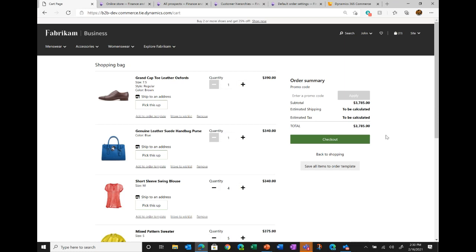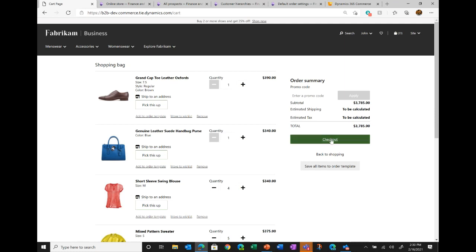So you can add products to a template from the product details page. You can also add products to a template from the cart page. So probably what happened is, as I'm browsing, I'm adding products to my cart. When I looked at the cart, I think, this is a combination of products that I will keep ordering every time. In which case they can actually add the products in the cart to the order template. So they can also add products from the cart to the order template. So that's the order template functionality.